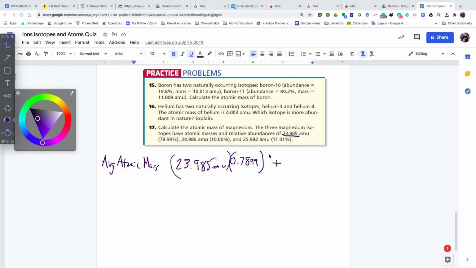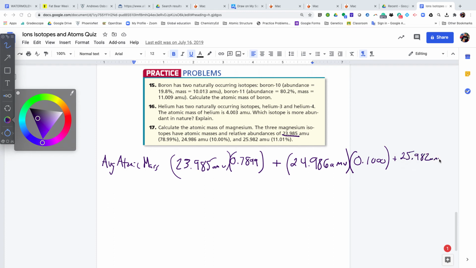I'm going to add the mass of the second isotope, 24.986 atomic mass units, multiplied by the relative abundance of that isotope, and then for the third isotope I have